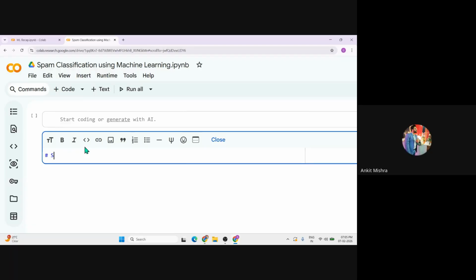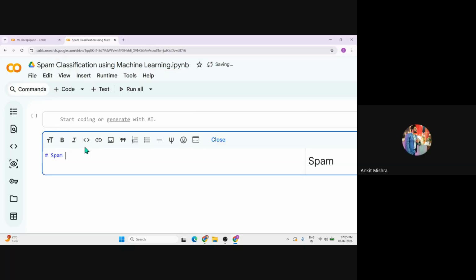So in this project we have to create an ML model, and we simply give it the email or messages from the email, and the ML model tries to predict whether the given email message is a spam one or a ham one. Ham is the good email, you can say, right? So, spam classification